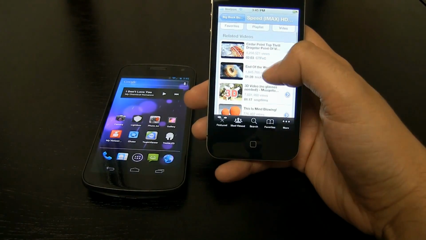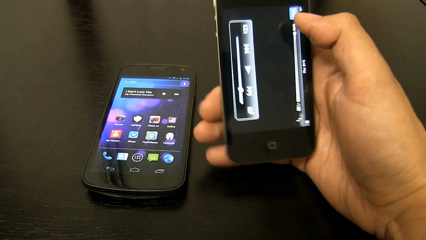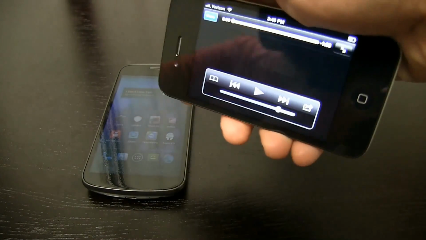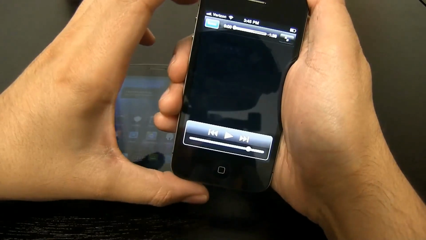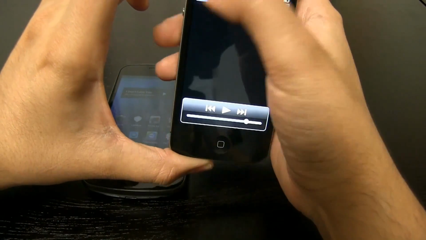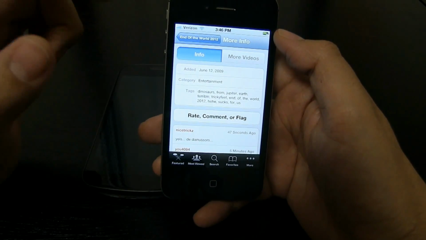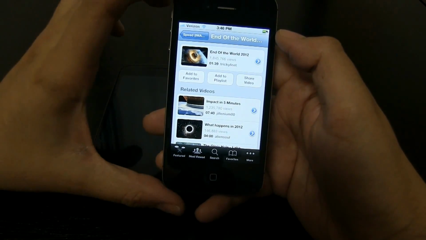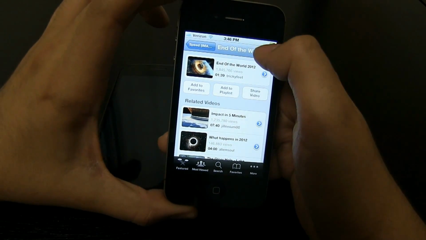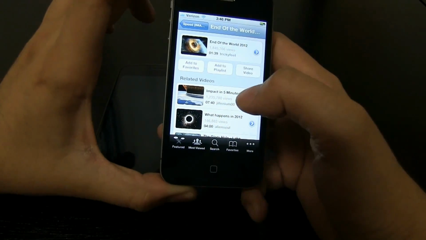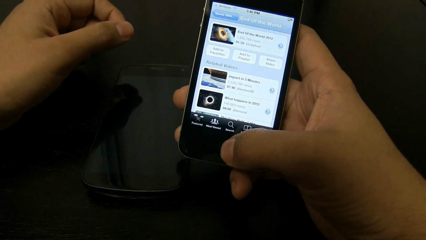If I click, let's say, on this video... One thing I also hate is, why did it rotate this way when I'm doing this? Once again, it's very annoying, and it just switched right now. So if I want to go back, I'd have to go up here. And I've noticed that with apps. Sometimes the back button's up here, sometimes the back button's up here. I've seen them all over the place, and I hate that inconsistency.